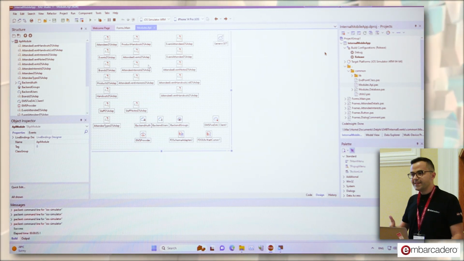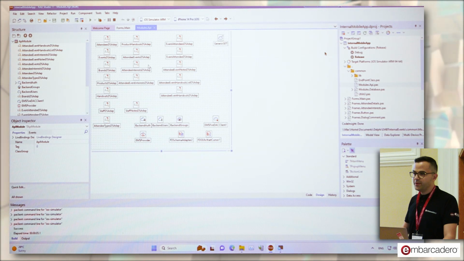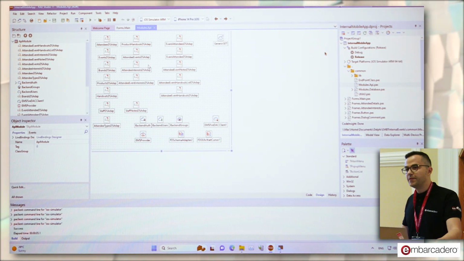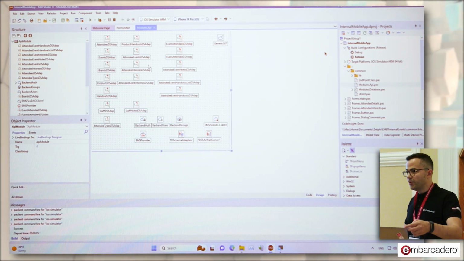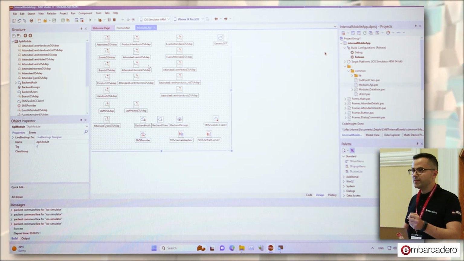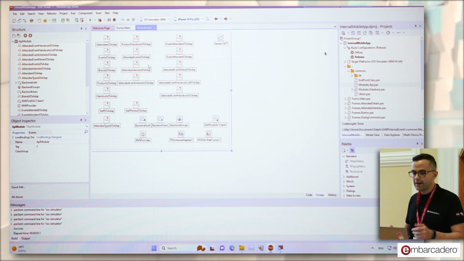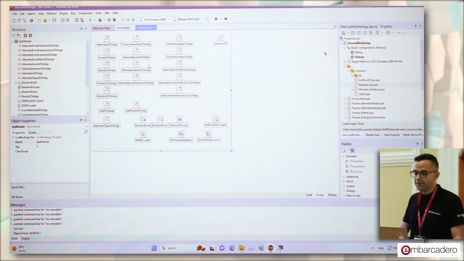So to test FireMonkey applications, you had to be an Apple developer. For Android, it was much easier because you can activate the developer mode, and then off you go. You can compile this straight from Delphi to your phone, and you don't need to upload that anywhere else. And you can test the application on the phone.